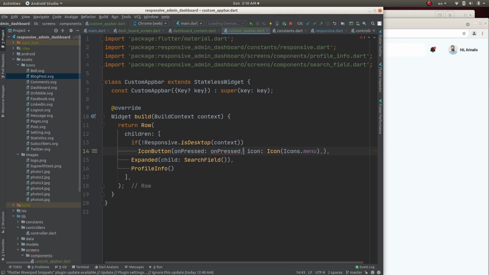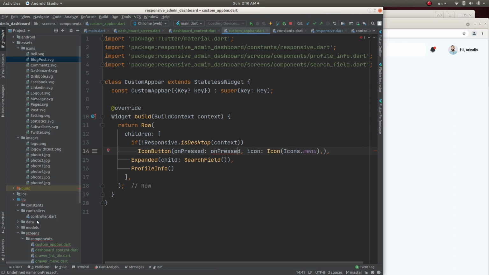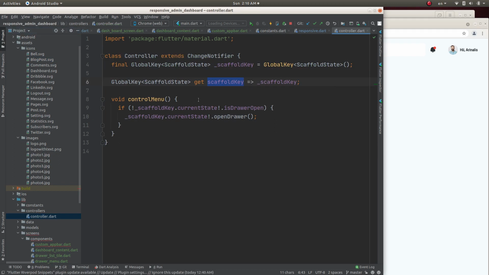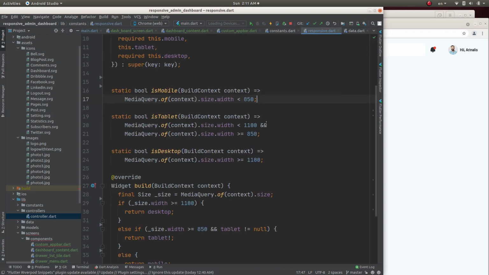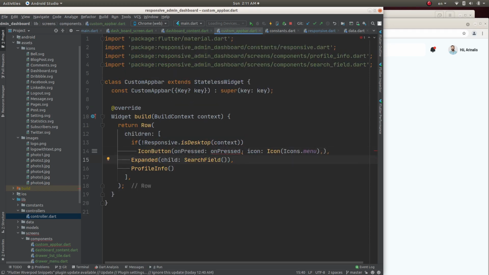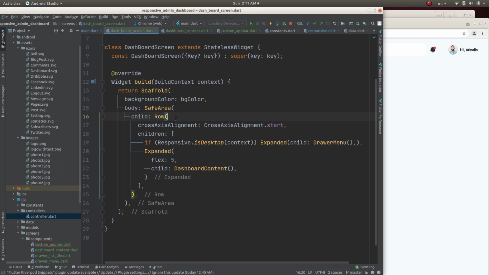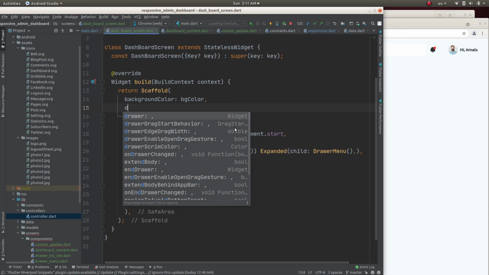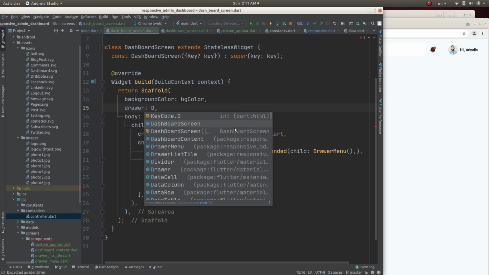We have a controller here, and it has the key and it has the method to open the drawer in the controller file. Okay, let's go to the app screen. For that, first of all, inside the dashboard screen, let's have a drawer called DrawerMenu,